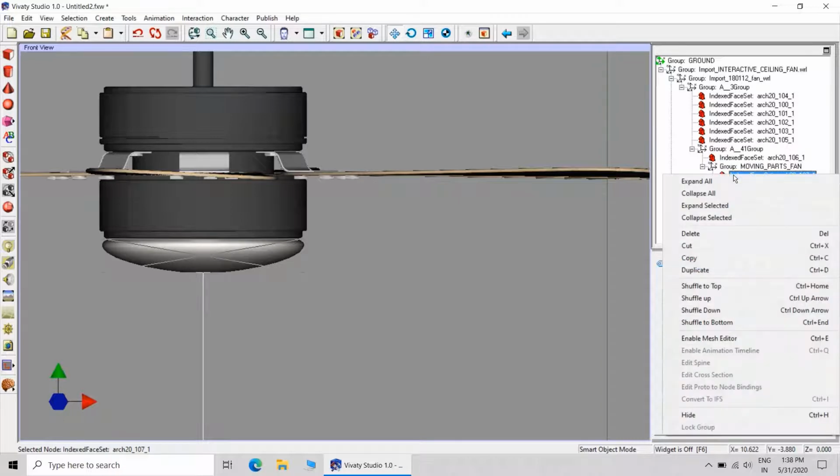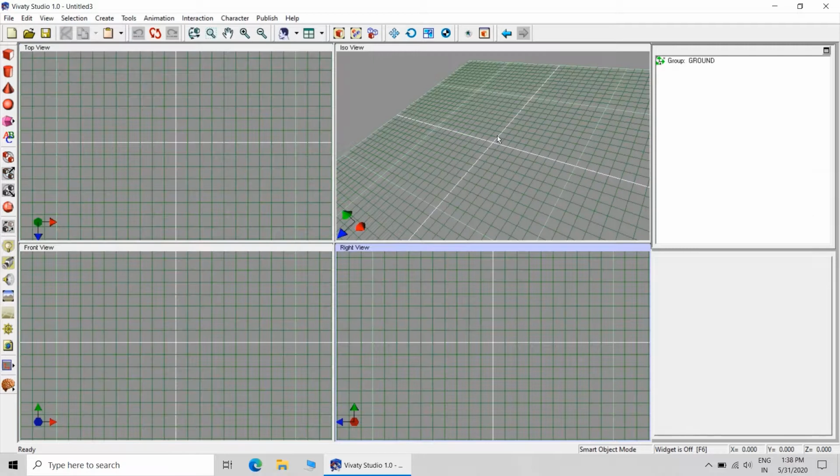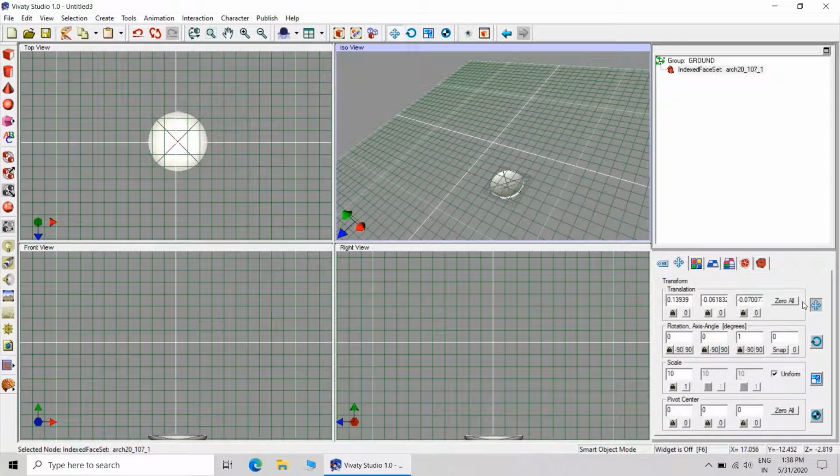Yes, this is the IFS, and we will be pasting this IFS into the blank file. And here we will create the logic for the toggle light. So this is the first step, which involves separating the light from the fan and pasting it into a new file.